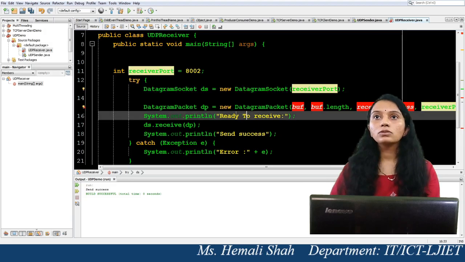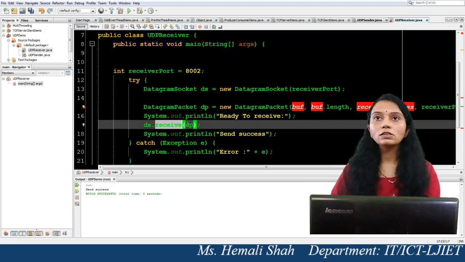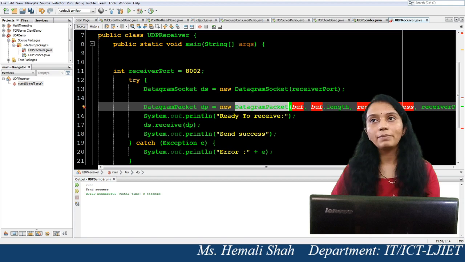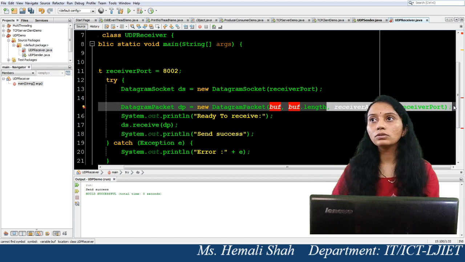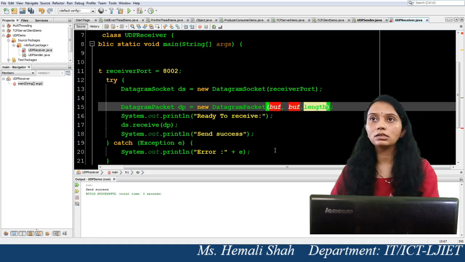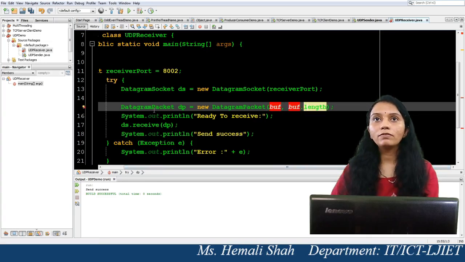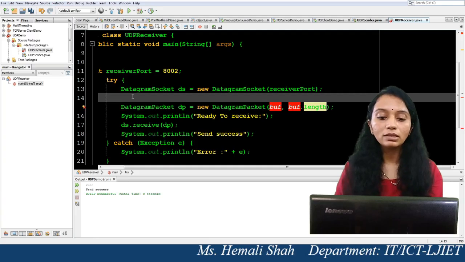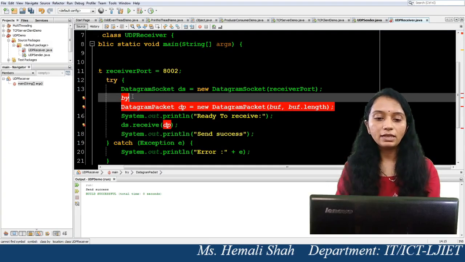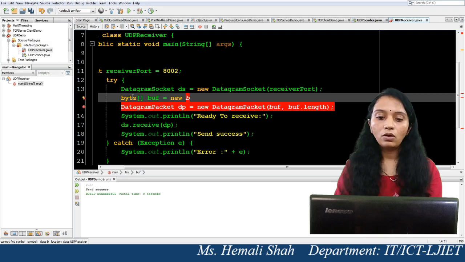To call this receive function, you must have a datagram packet object. For that, you just need to use the two-parameter constructor, buffer and buffer length. So here you have to make a blank buffer using array creation. Just create that blank array buffer, and specify the buffer length also.